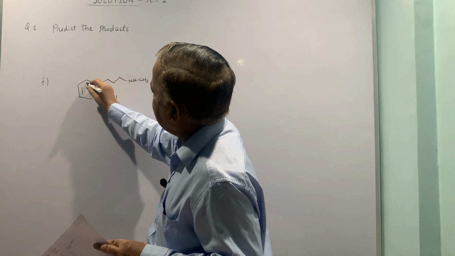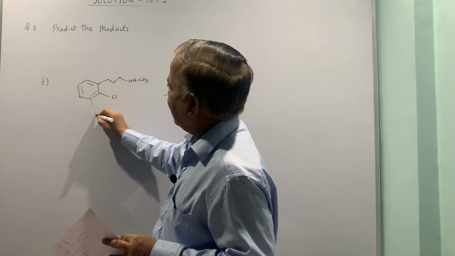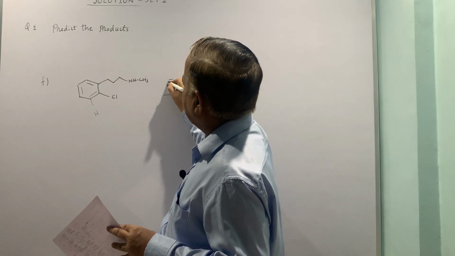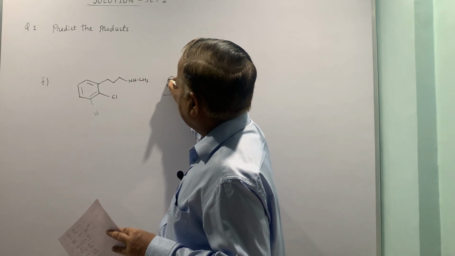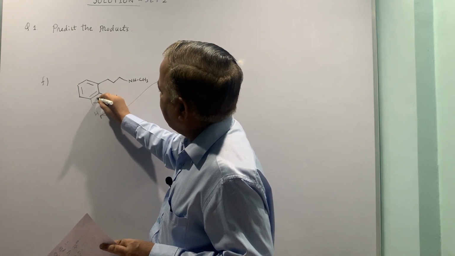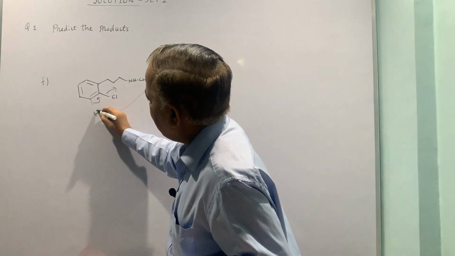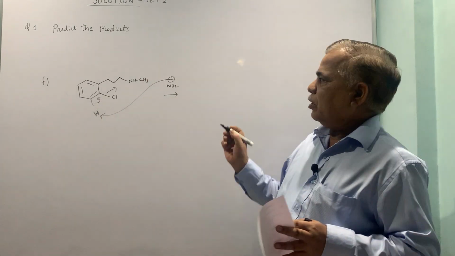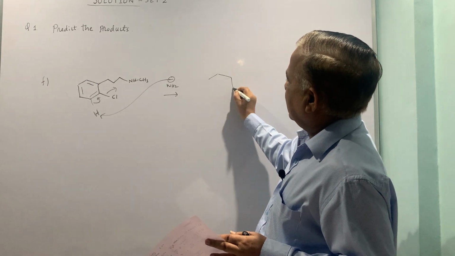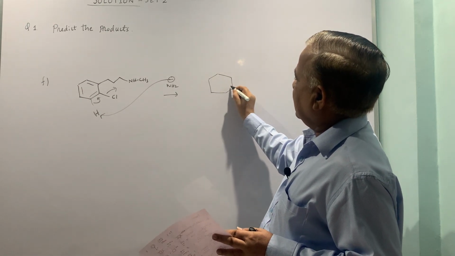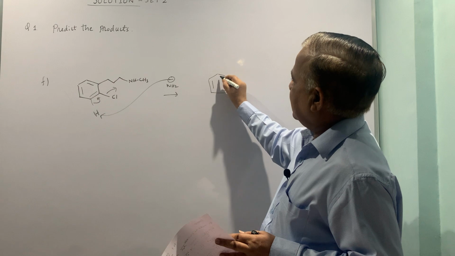So you can always write the resonance structure of your choice. NH2 minus is a strong base, so it abstracts the proton, and you will get a benzyne,